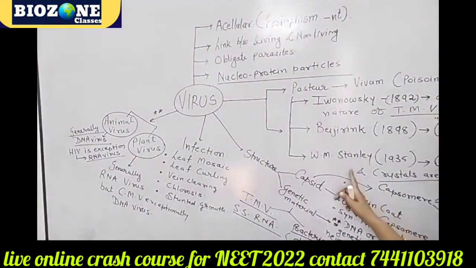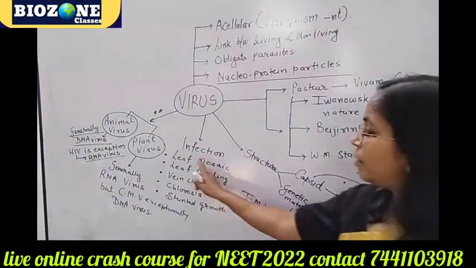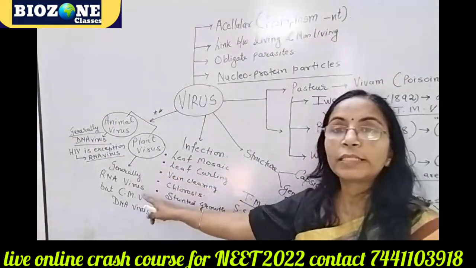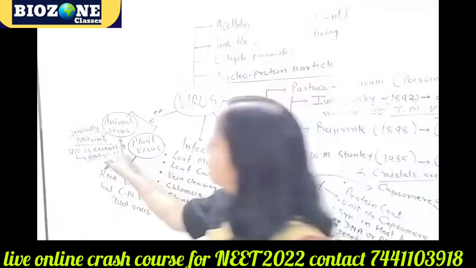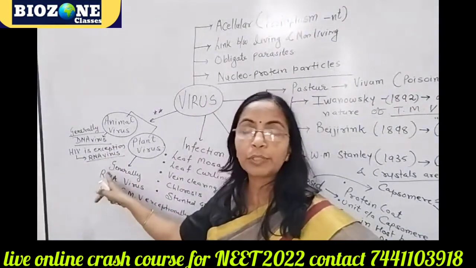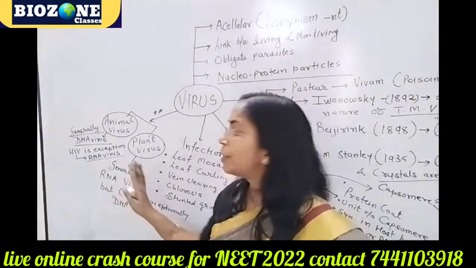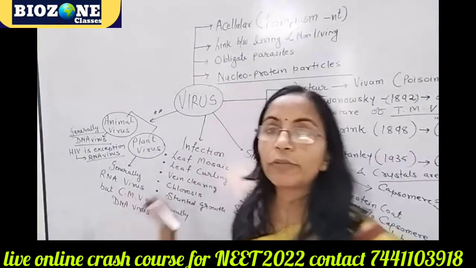Firstly, these three theories you remember, scientists you remember very well along with their work. Genetic material either or condition, both genetic material RNA DNA never present. Then plant viruses are always RNA viruses, exception is CMV. And animal viruses are generally DNA viruses, but exception is HIV. Okay, this much you remember,